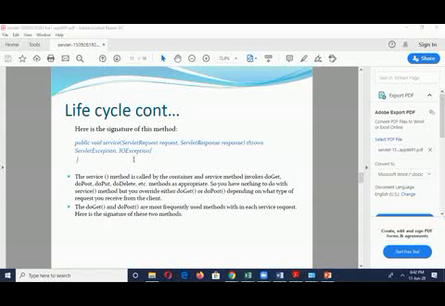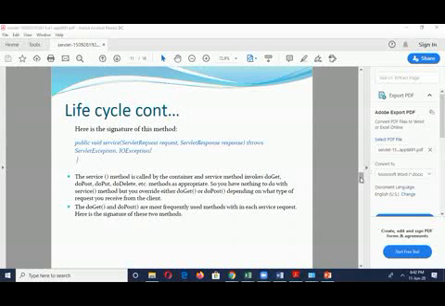Okay, so void is a function call, and the return type for service is void. Return type of void is public. Public is an access specifier. So now we can see here request is passed. Whenever the request is passed, you have to import the doGet. And whenever the response is given, you have to import the doPost.